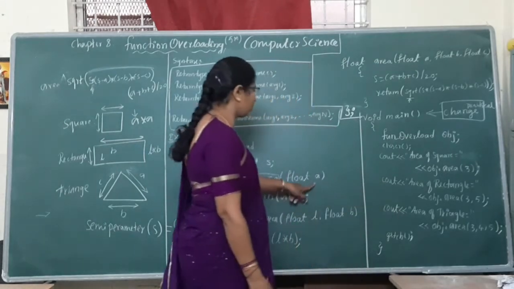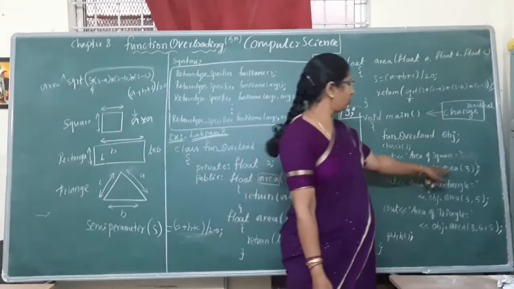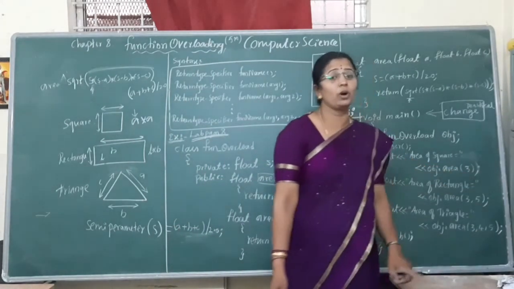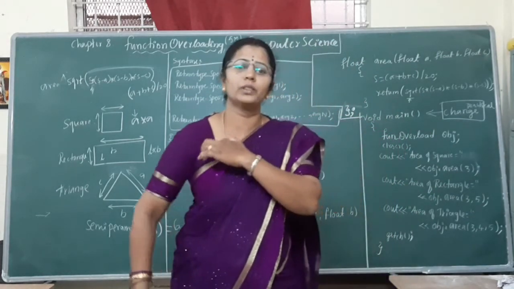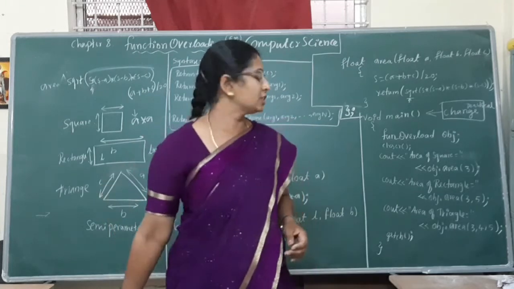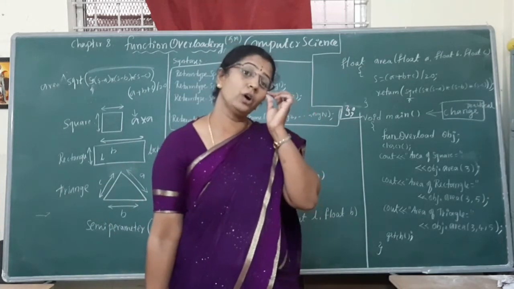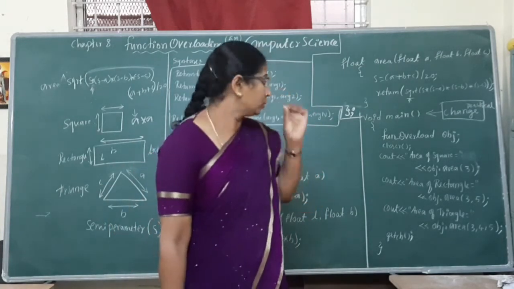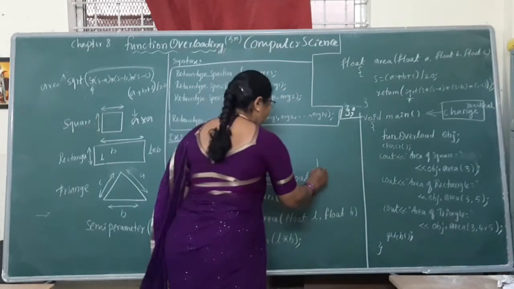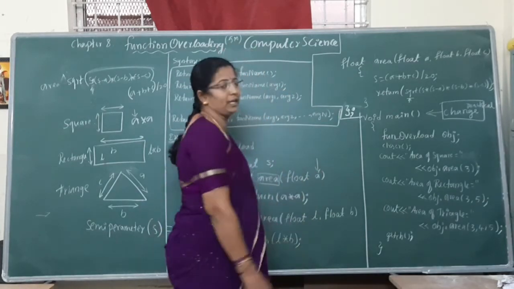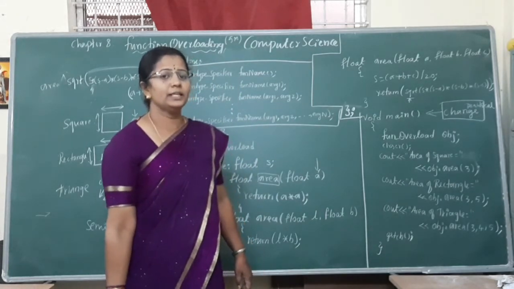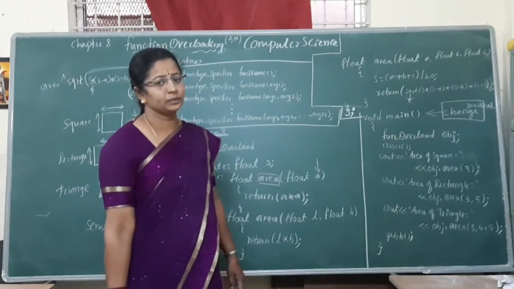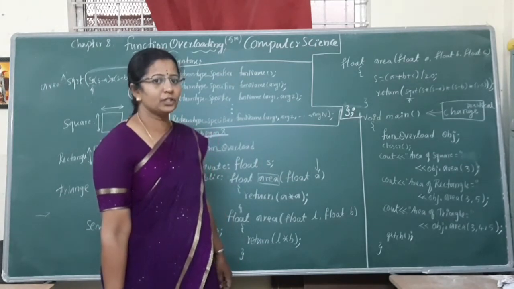Yes, it requires only one variable, so I am giving one value directly. This is called the call by value method. I am not invoking with call by reference; I am just invoking a function along with the value. So that 3 will be copied here and 3 into 3 will be calculated. Area of a square for 3 is 9. Did you get it? Understood?